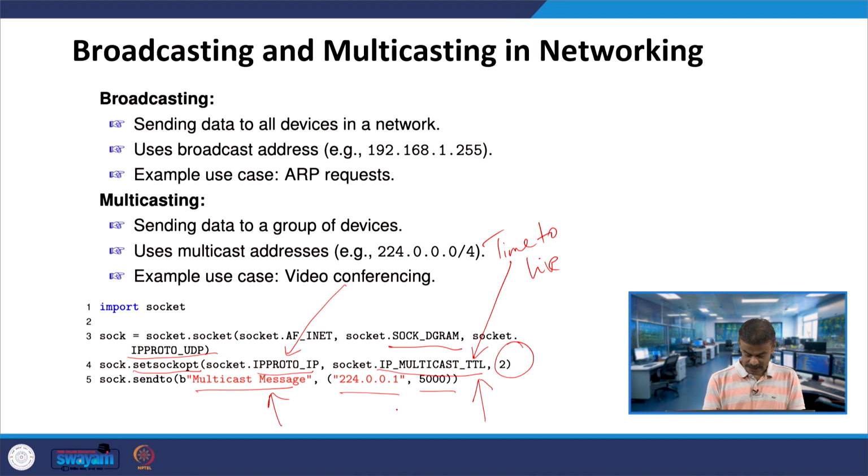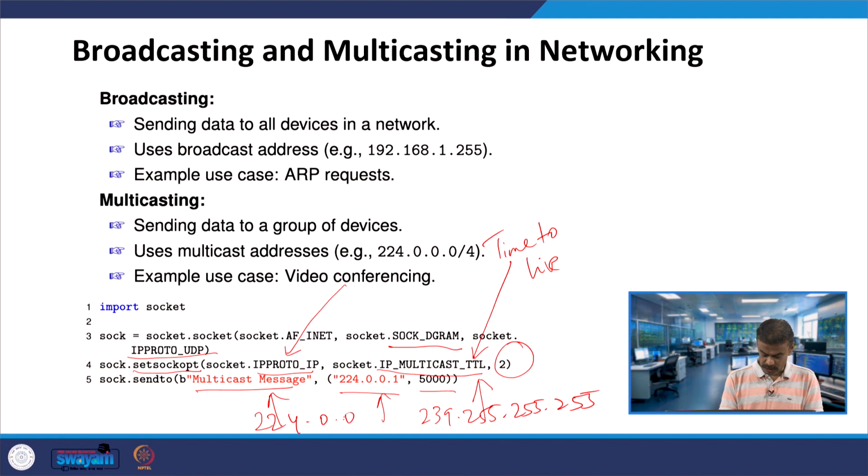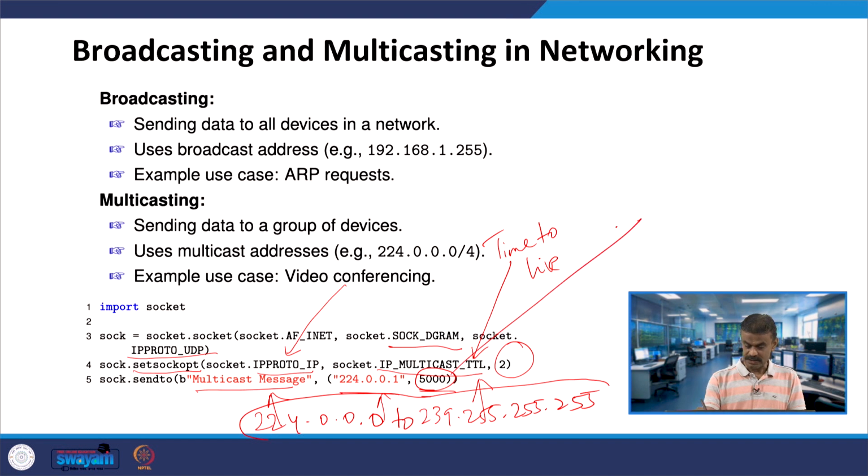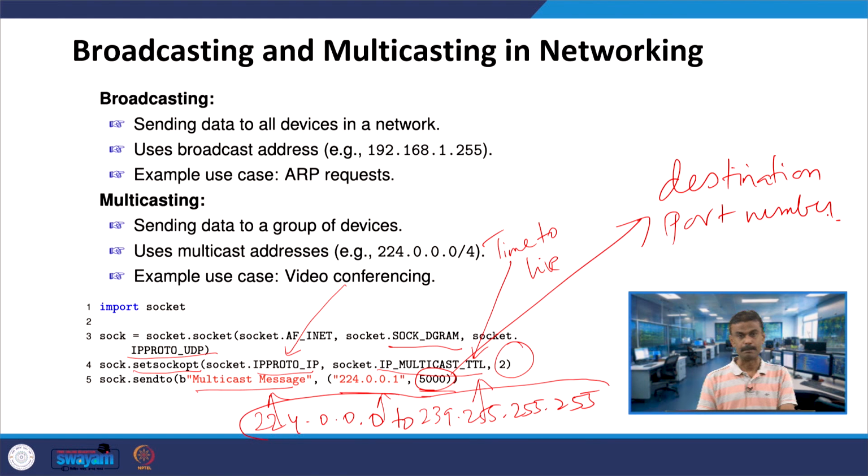This IP address belongs to the range 224.0.0.0 to 239.255.255.255, which is reserved for multicast communication, and 5000 is the destination port number. So this is a snippet of Python.